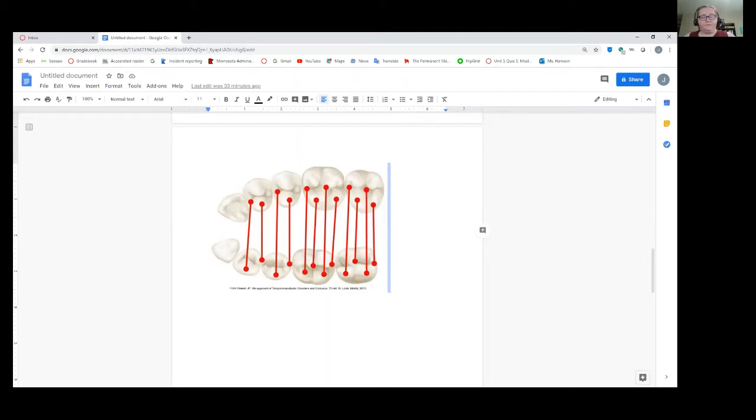Okay. I have a question. Would class 3 ever be considered an underbite, or is it always going to be a crossbite? You know, your audio is kind of poor. Can you say that again? I said, could you ever consider class 3 an underbite, or is it always going to be a crossbite?